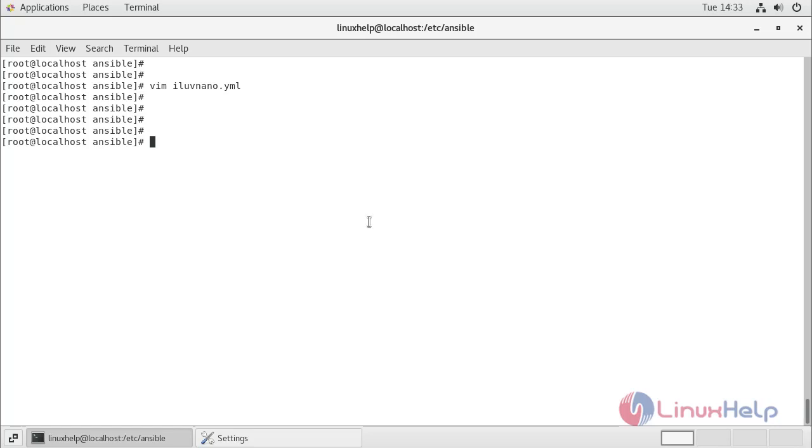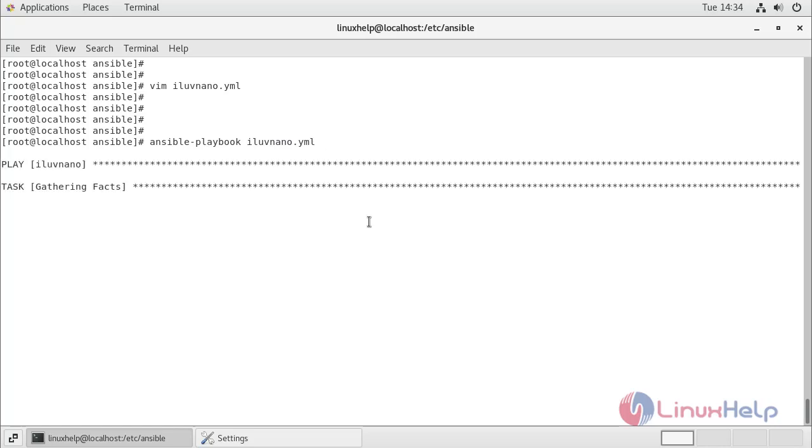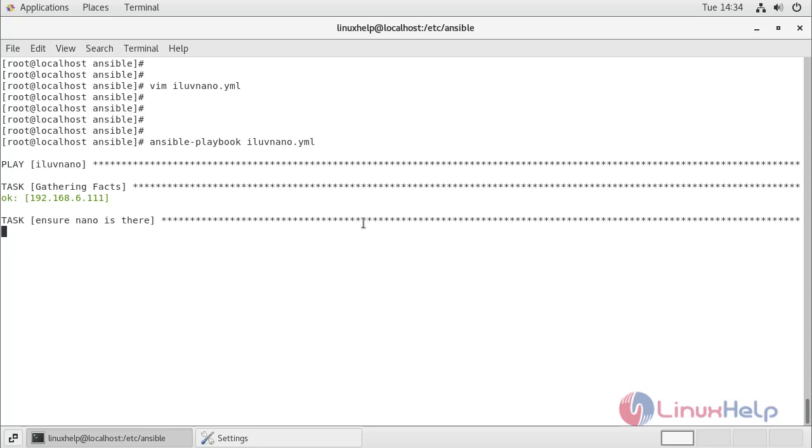The command we will use is ansible-playbook and specify the file name, I love nano, and just press enter. And you will see here my play name is I Love Nano.